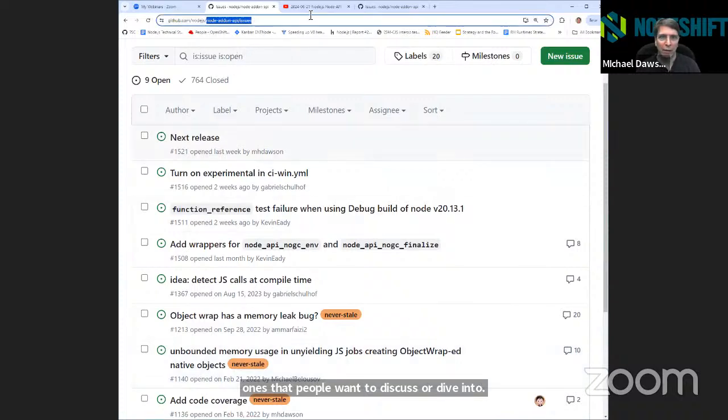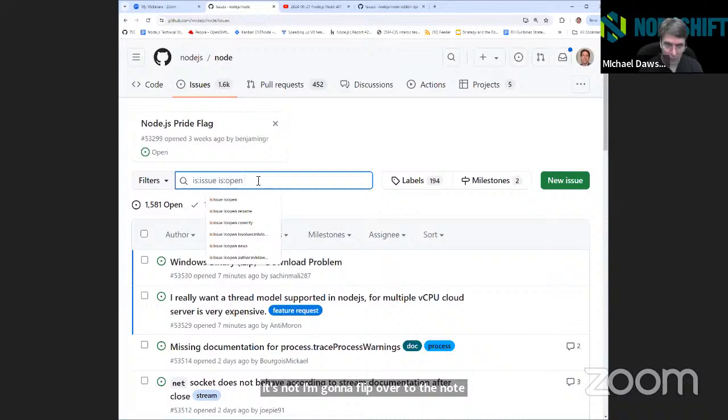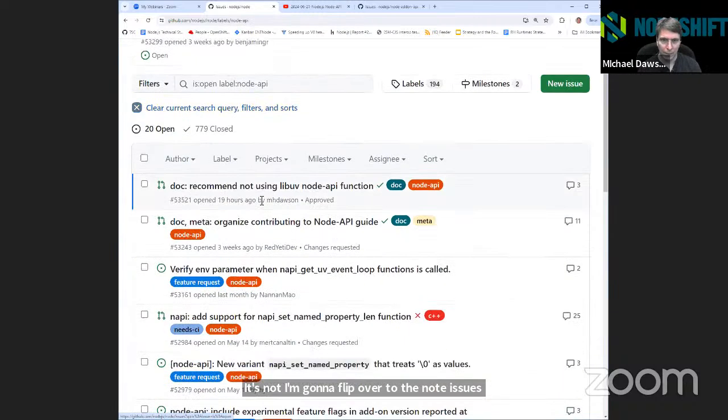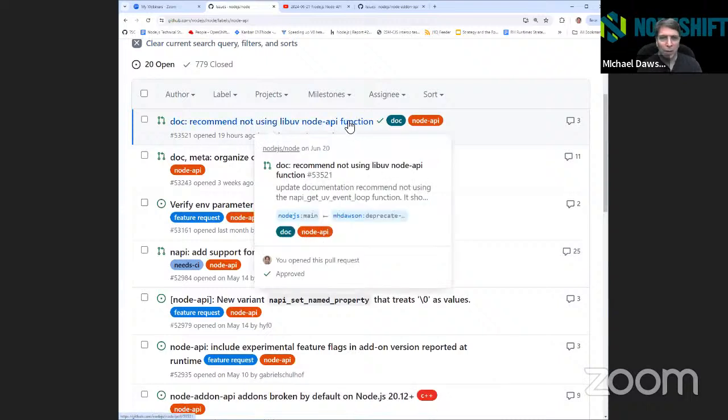If not, I'm going to flip over to the node issues. This one I opened a little while ago.